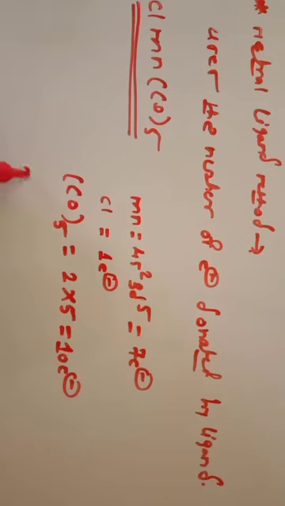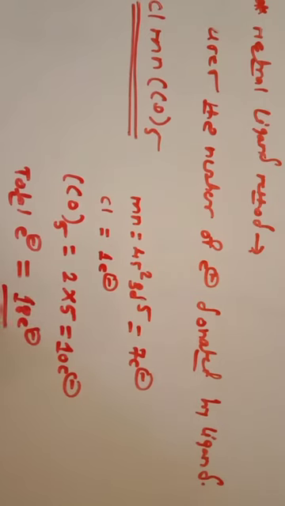So if we count the total electrons, 7 plus 1, that is 8, 8 plus 10, that is 18. So total 18 electrons. In this method we do not find out the formal charge on the ligands or on the metal atom. So just consider it a neutral ligand. The metal atom is neutral and the ligand is also neutral, so it does not have any charge. So Mn contributes 7 electrons, chlorine 1 electron, and the carbonyls 10 electrons. So total 18 electrons.